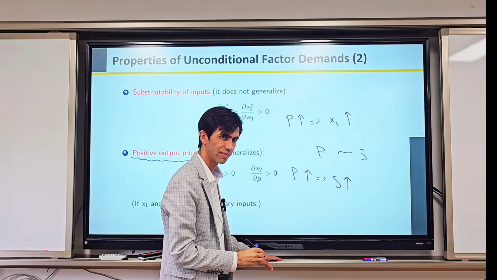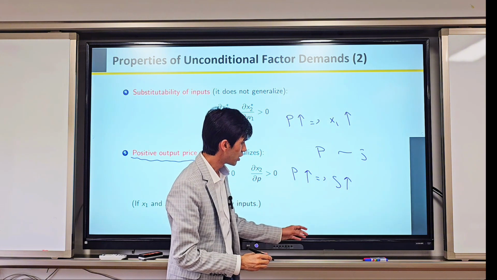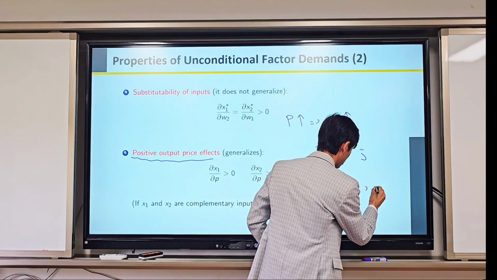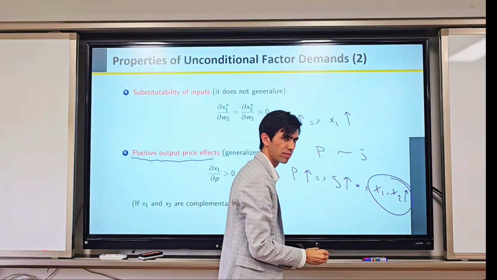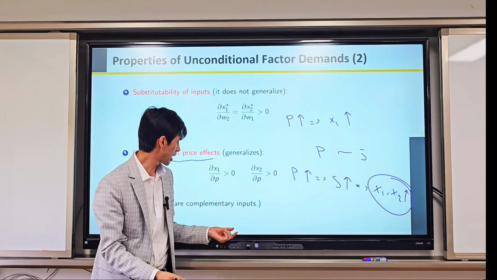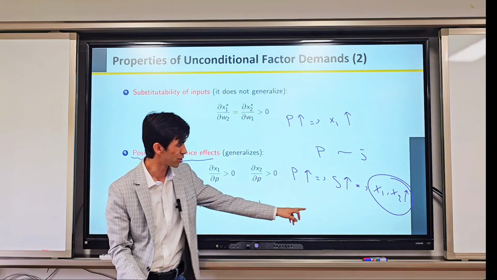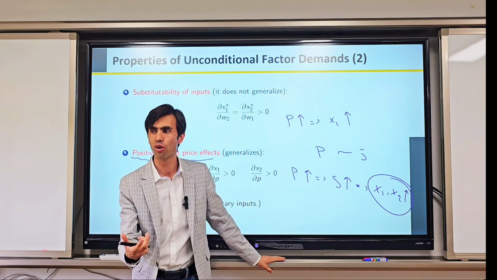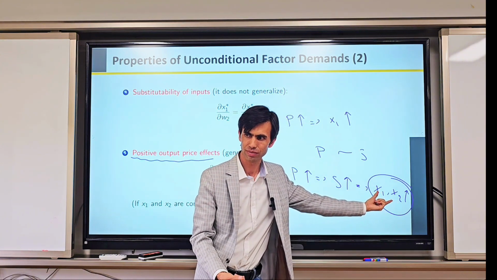If the price of the output increases, we need more output. Then we need more X1. So in order to supply more, you need more input. Not only X1, you need more X1 and X2, because in order to increase your supply, you need more input. So that's why when the price of output increases, the demand for input increases. You need to increase your supply. For increasing your supply, you need to produce more. For producing more, you need to have more input. This is the logic.